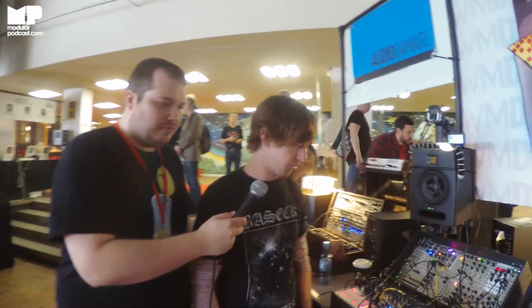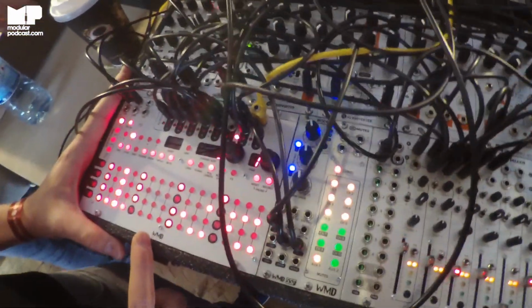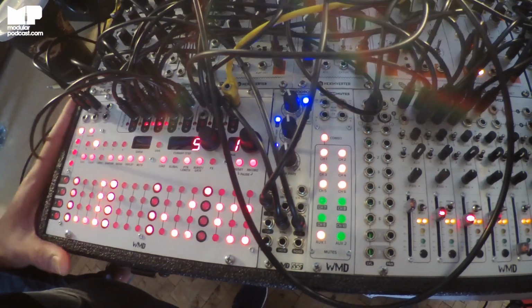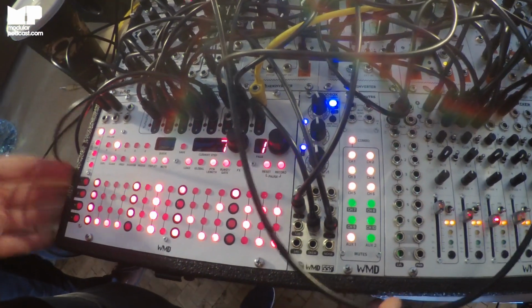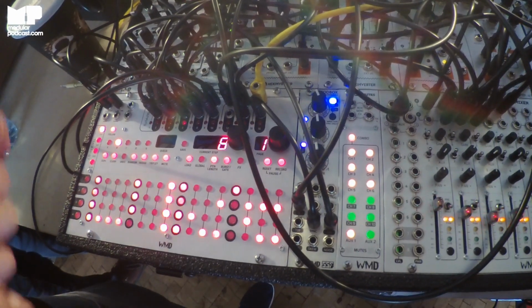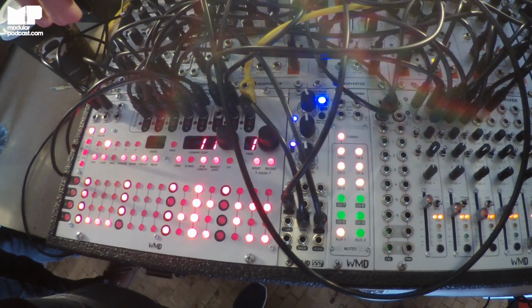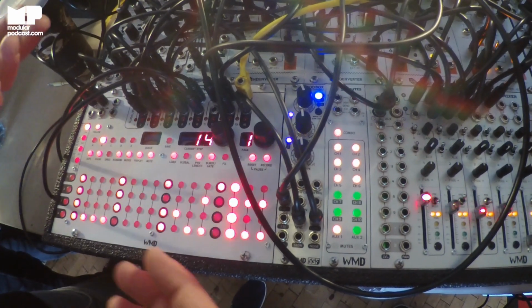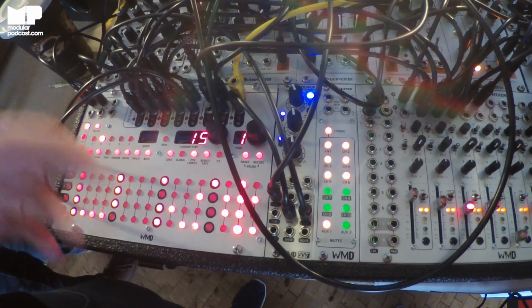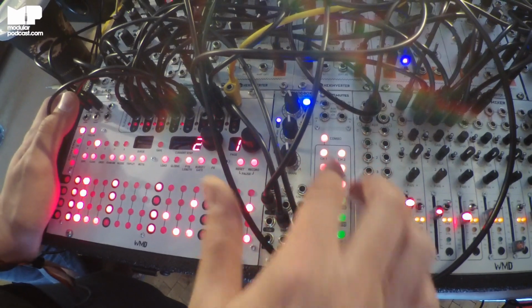Yeah, sure. The main thing that's like the brain of this whole patch right now is the trigger sequencer, which you're showing off, which is a 16-track trigger sequencer. You can go up to 256 steps per track, and you can do independent track lengths. And you can also cue tracks while another one's playing and write new variations while still playing, which is awesome. You have a lot of different features we can go into, but first I'll just kind of start opening